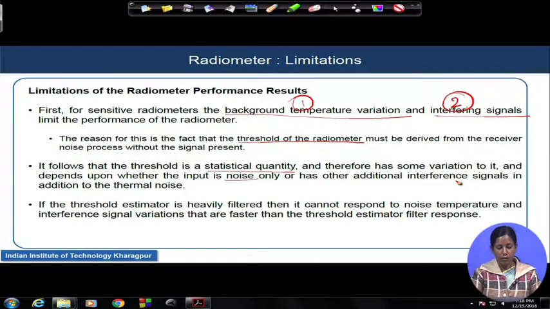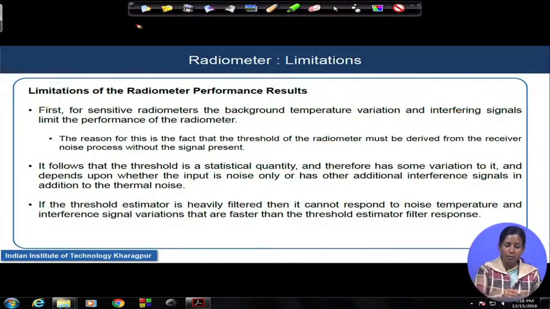And I can stabilize that value of TH by heavily filtering the threshold estimator. But if I do heavy filtration, it cannot respond to the noise temperature variation. Otherwise, again the detection probability and the detection output will fall. This is one point. Second point is,